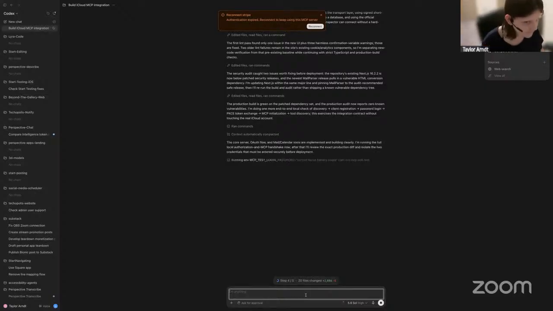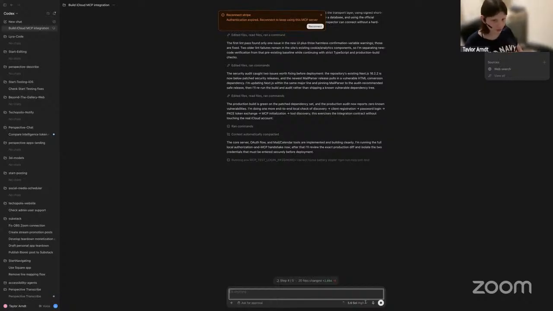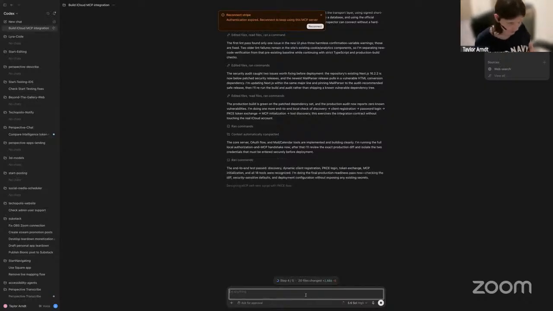All right, let's see what else we got. Do anything. Change, add file step. This is the core server. Allow once button. Allow the local end-to-end test script to connect to the temporary MCP server? Sure. Allow once. I don't want to hit allow all because I don't know what it's gonna do, and I don't want to mess it up. So, and then we're almost to that point, I think, where